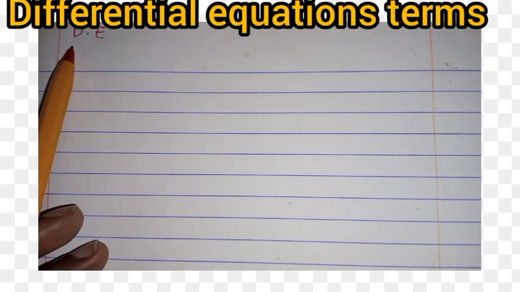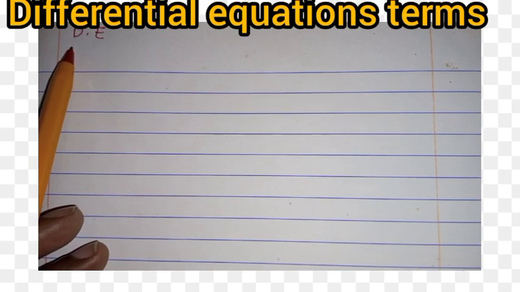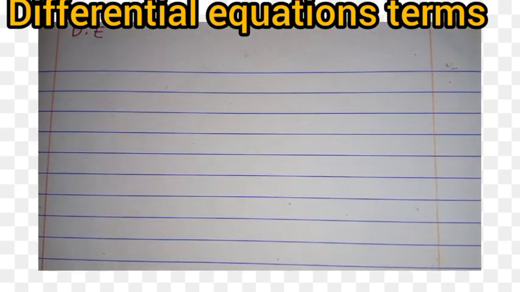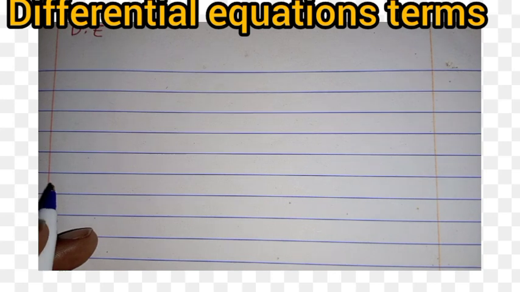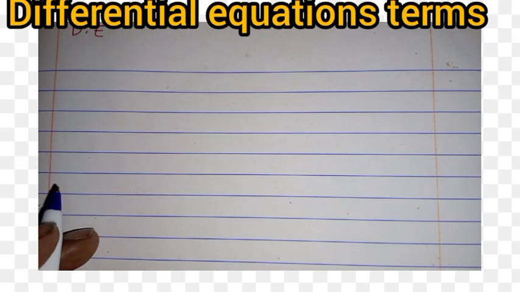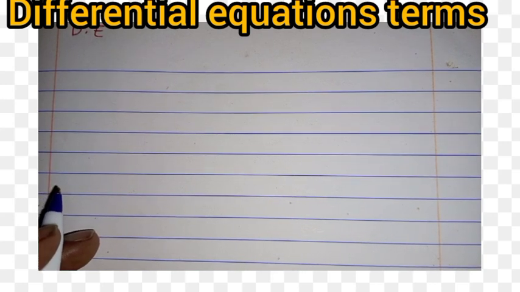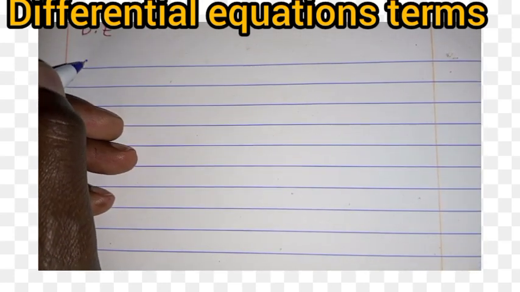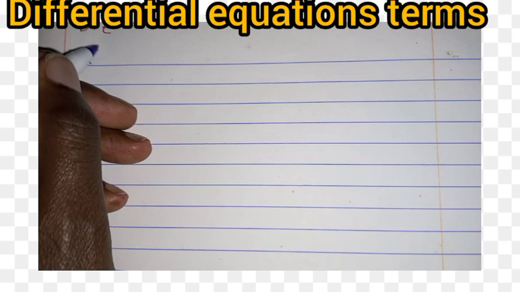A differential equation is an equation involving the derivative of a dependent variable with respect to one or more independent variables. For example, you could be having an equation like this: